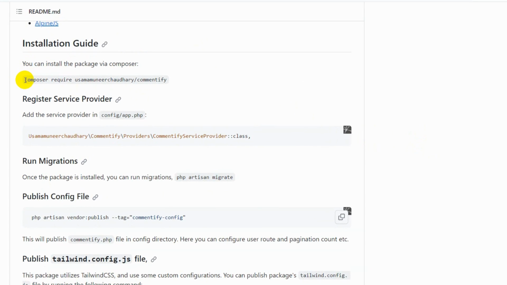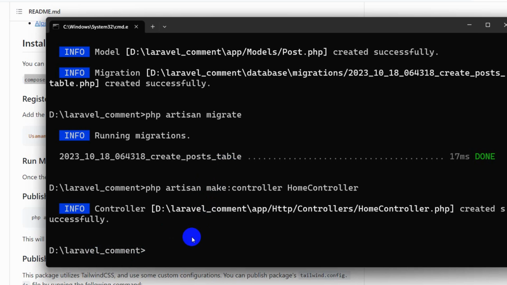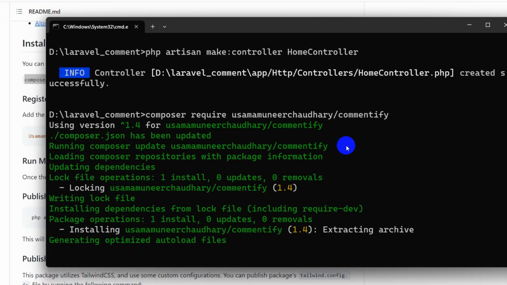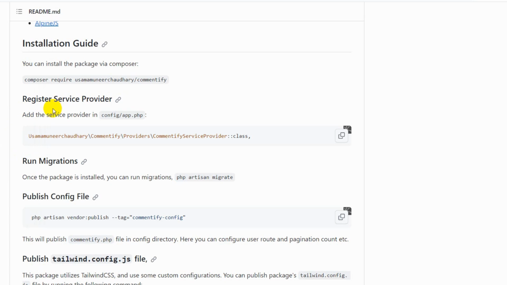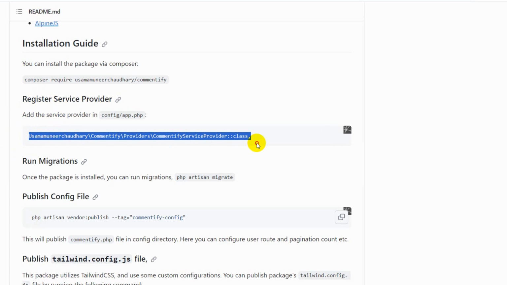So right now we need to copy this command, composer require usamamuneerchaudhary/commentify. We'll copy this, go to our command prompt, paste the command and press enter. This will install the required packages for Commentify. Right now I'll just fast forward the video. After this command, you can see we need to add this in the